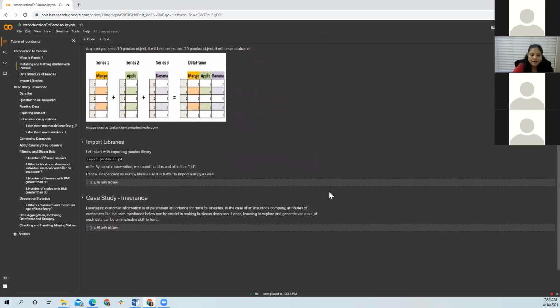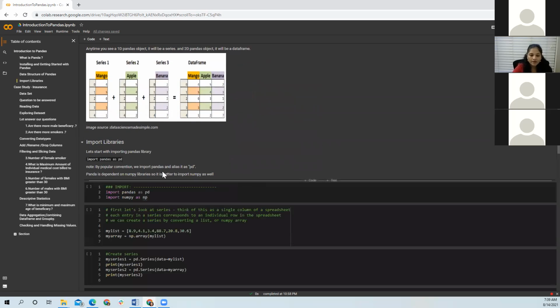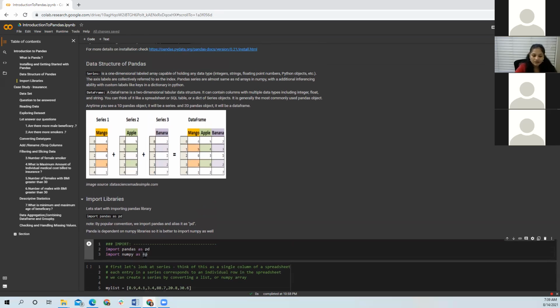Like NumPy, we import Pandas, and we use the convention import pandas as pd. Pandas is based upon NumPy, so I usually always import NumPy because I don't know where I would need something related to NumPy.